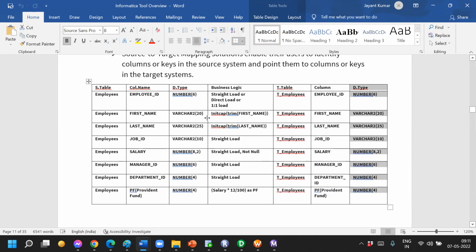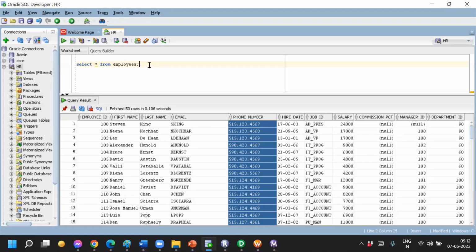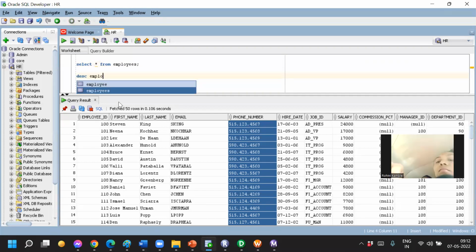So what you mean to say is, if they have mentioned the number as varchar2 or something like that, how are we going to validate it. Consider that this is the source. Then we will check the table architecture, and when you run it,